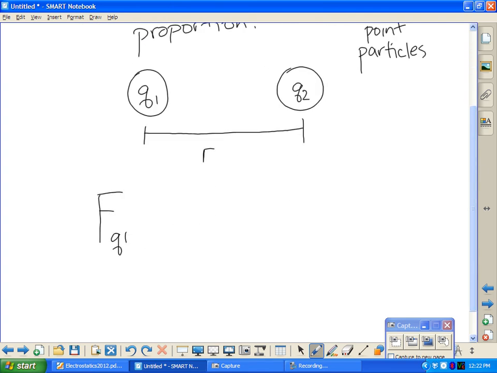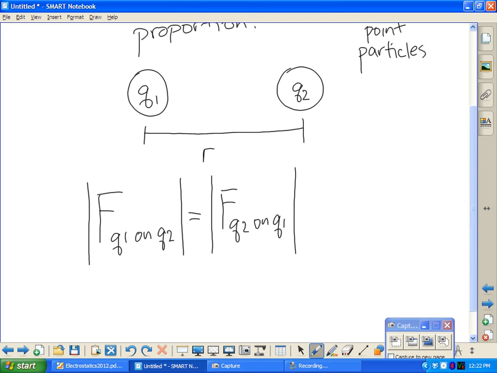The force that Q1 exerts on Q2 is, of course, well, let's be precise here. Let's say the magnitude of the force that object Q1 exerts on object Q2. The magnitude of that force is, of course, the same as the magnitude of the force that Q2 exerts on Q1. And these forces are proportional to the quantities of the charges multiplied by each other, the product of Q1 and Q2, proportional to